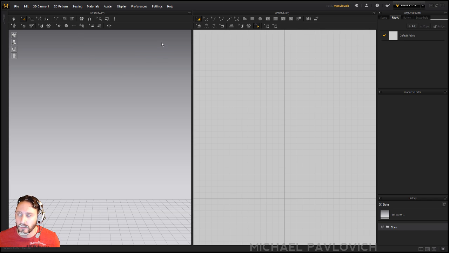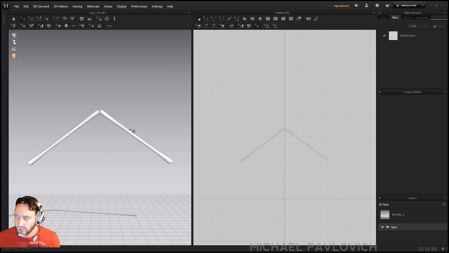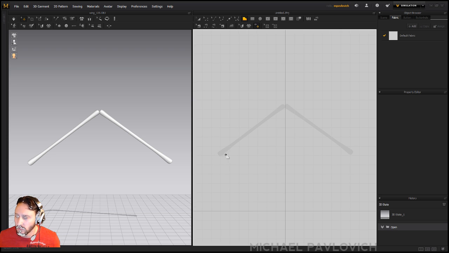So first we're going to bring in Wing 135. We're going to import that as an avatar in centimeters. There's my wing. In this 2D pattern view here, I'm going to take the 2D pattern tool and I'm going to make a wing here,